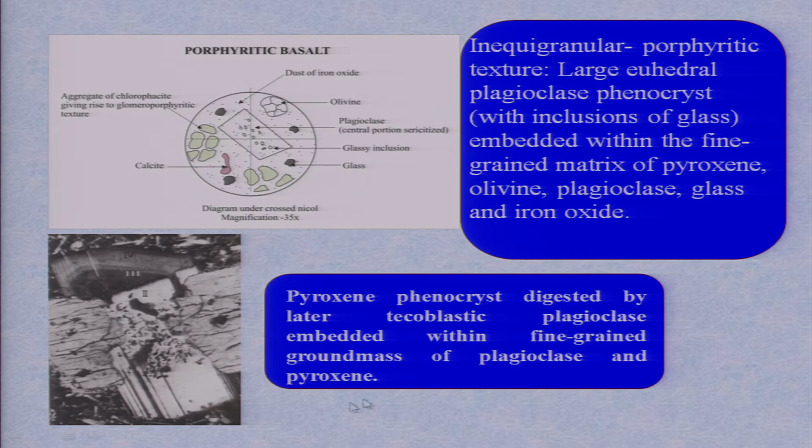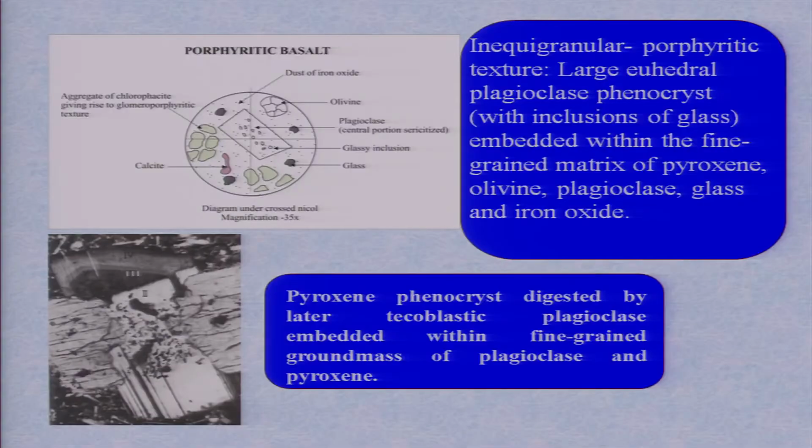So, this plagioclase is lying, both these crystals, plagioclase as well as pyroxene crystal, lying in a fine grained groundmass of plagioclase and pyroxene crystals both. Here I would like to tell you, the pyroxene and plagioclase, they form groundmass, they form phenocryst also. So, the larger size crystals are there in the phenocryst as well as they are dispersed in the groundmass. So, the same mineral is disposed in two places, one as a phenocryst, the other one in the groundmass.